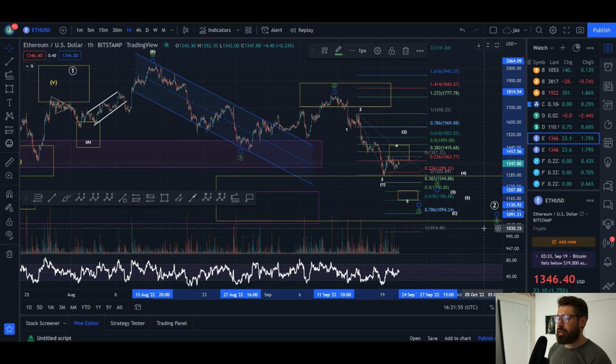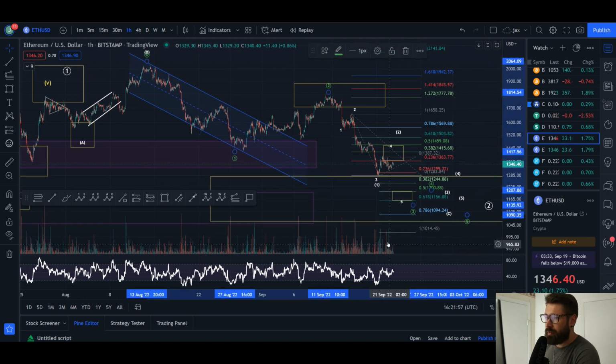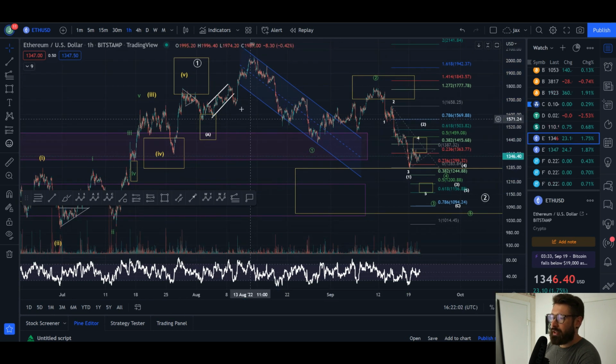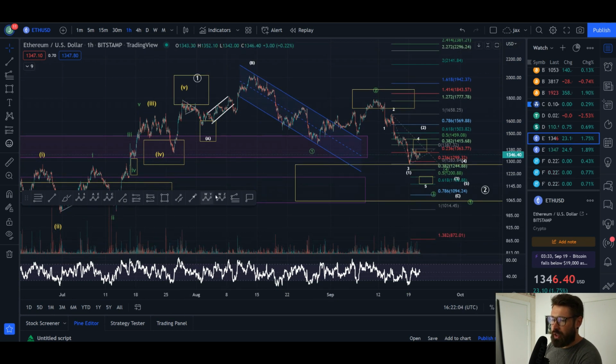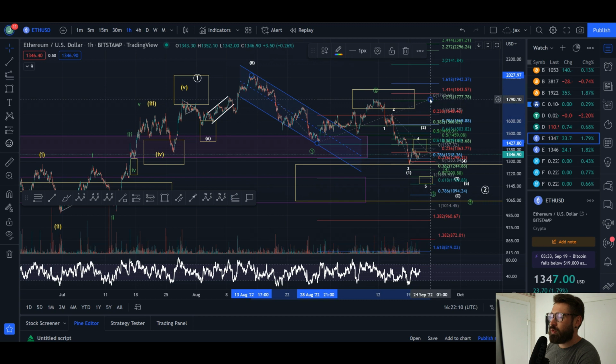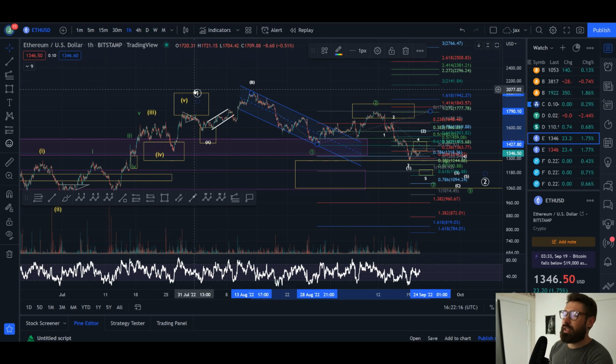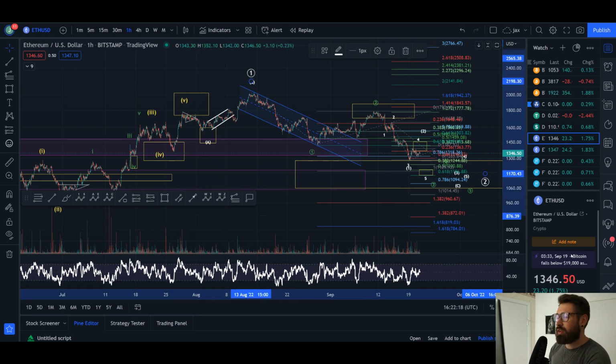But I do not like this wave count, because if this is an exaggerated ABC correction and you're coming down in a wave C, well, if you take your trend based fib extension from the top of wave 1 to the bottom to the top of wave 2, a wave 3 target is the 1.618, which is all the way down here at 819. Unless you're looking at this as a completed wave 1 and this is a wave 2 pullback, that's the other bullish scenario. Both I don't think are likely, but they are possible.